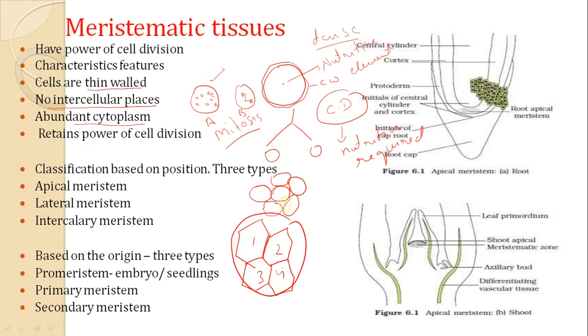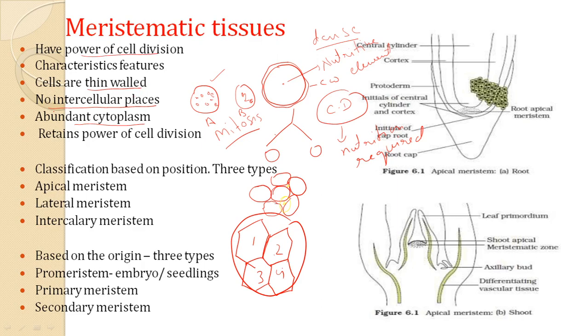So A figure is denser because it contains a larger number of elements as compared with B. All of the meristematic tissues have larger cells because they contain a large number of nutritive materials, cell organelles, and all the other things which are essential for cell division. Because the meristematic tissue, as I already said, has the power of cell division. It continuously divides itself. The cell cycle takes place over here. A new cell is produced through a meristematic tissue.